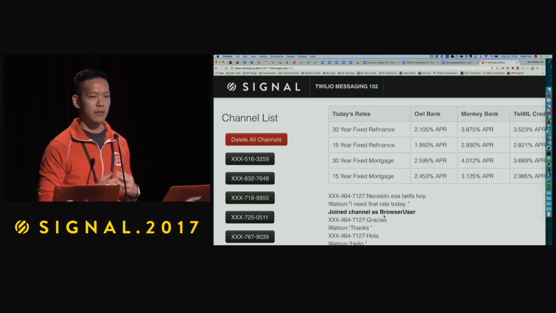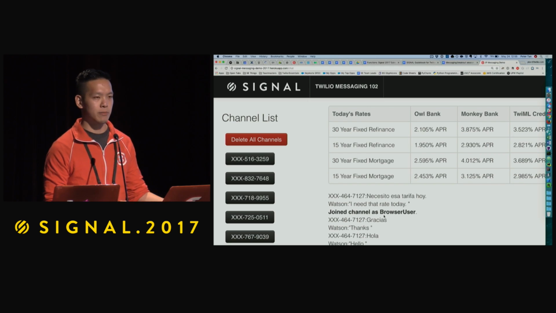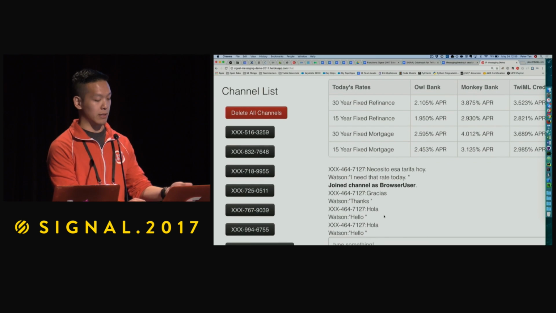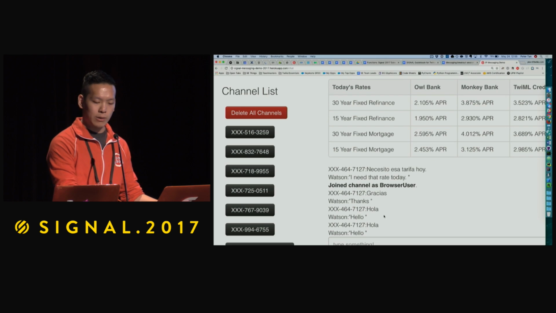So I, as an agent, even though I'm monolingual, I can leverage the power of technology to do a little bit more. And so we can basically do whatever we want from here. So let's take a look real quick at the flow.